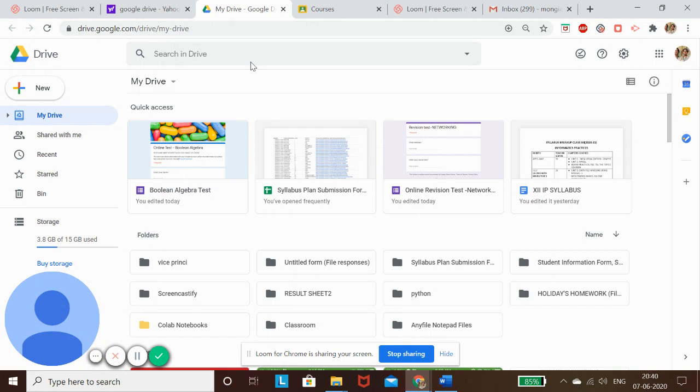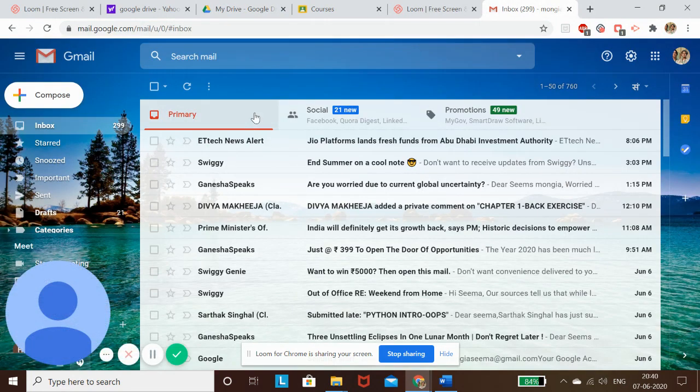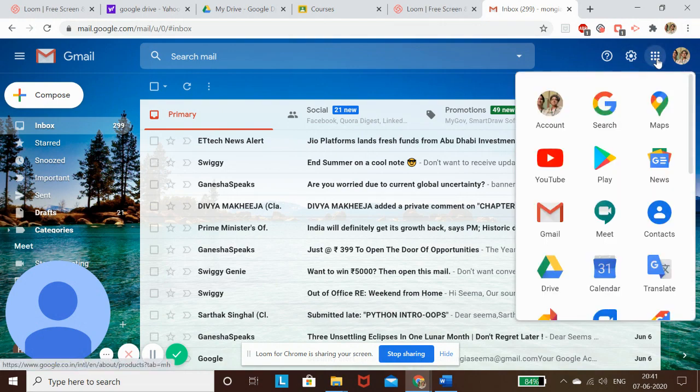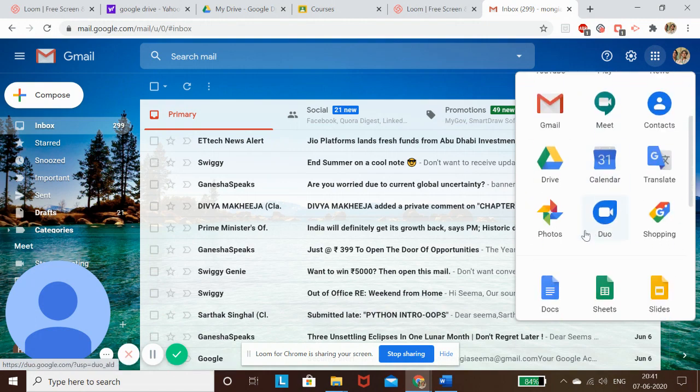There are different ways or options to be redirected to your Google Drive. I can also go to my Gmail account, and you can see here that there are 9 dots, which cover all the Google apps. So you click over here. There is an option given as Drive, and you can go to your Google Drive from here also. You can see a translator is given here also. As in my first video, I showed you how to translate one language to another. You can go to the translator from here also. So if I click from here, again I will be redirected to my Google Drive.